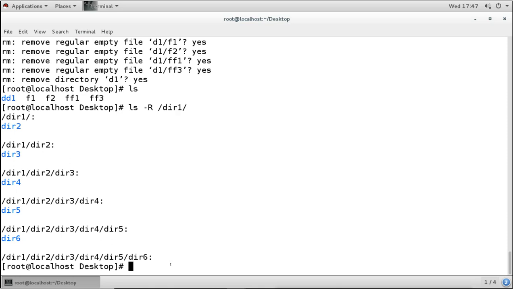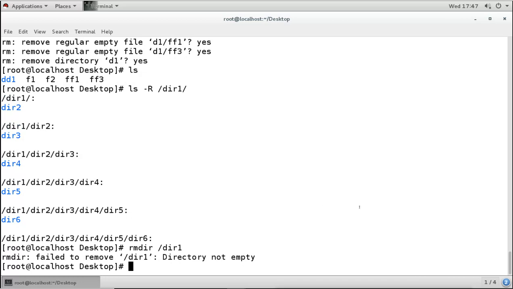If I want to remove this by rmdir, it will say that this is not empty, but I can remove it with the rm -r option. Now when I use this option, it will ask multiple questions. It will ask the question for each and every file and directory here.